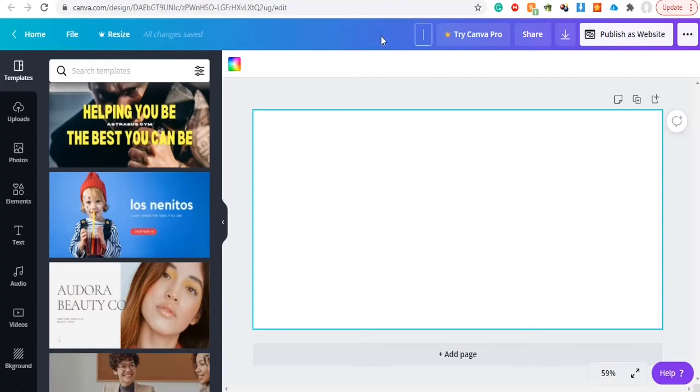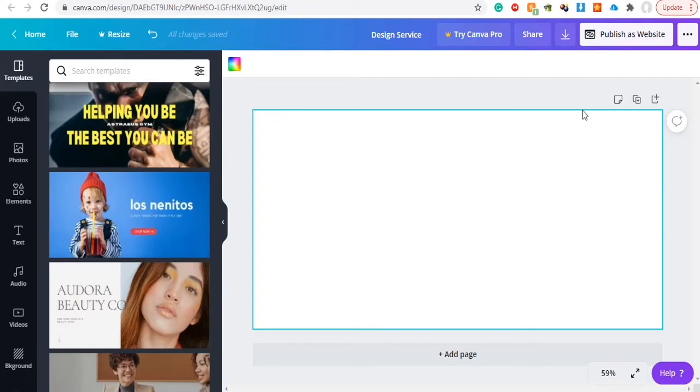So let's rename our website. Let's give it a random name, service website. We will be providing any kind of service, so let's keep it as design services. So this is the name of our website, design services. The purpose is to provide services to our customers and clients, to create designs, basically graphic design. So this is our Canva.